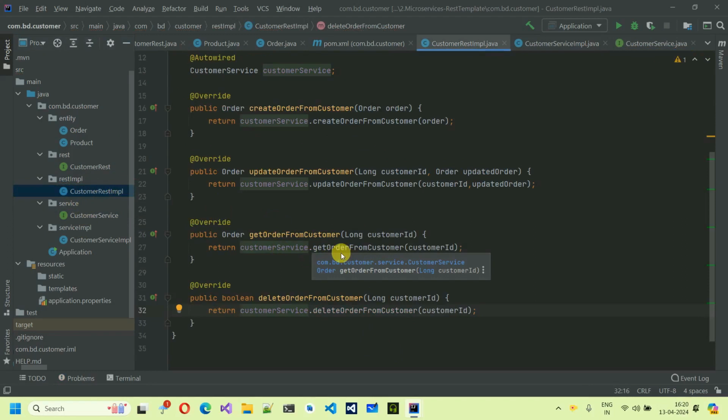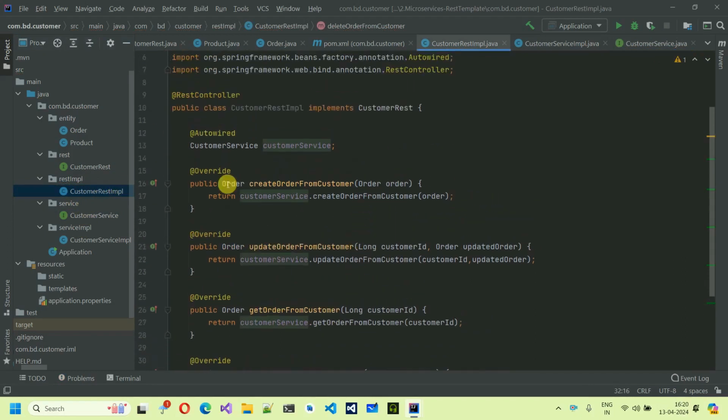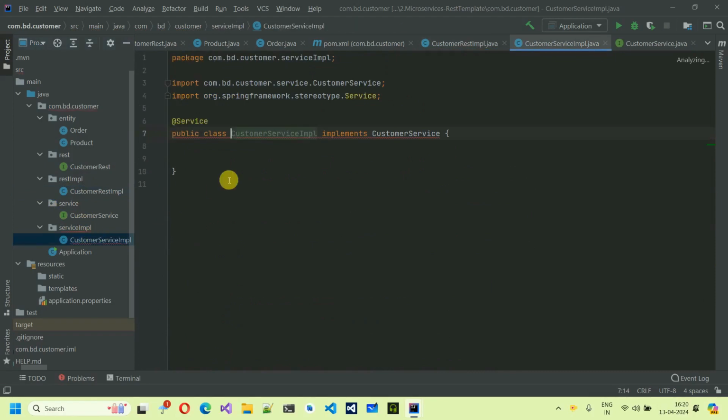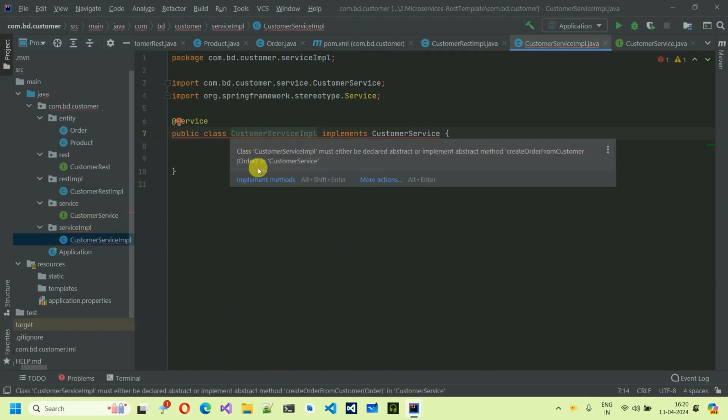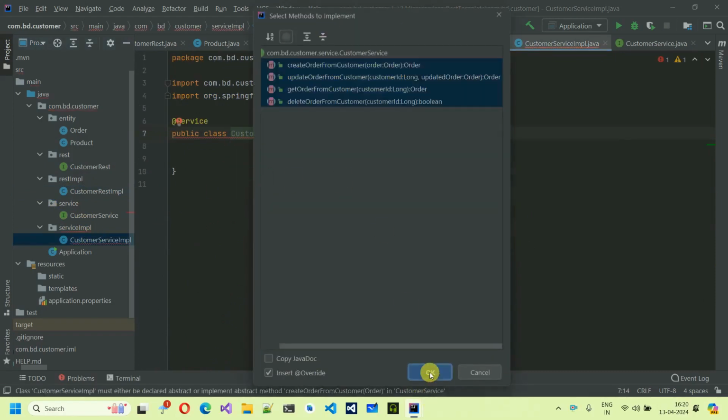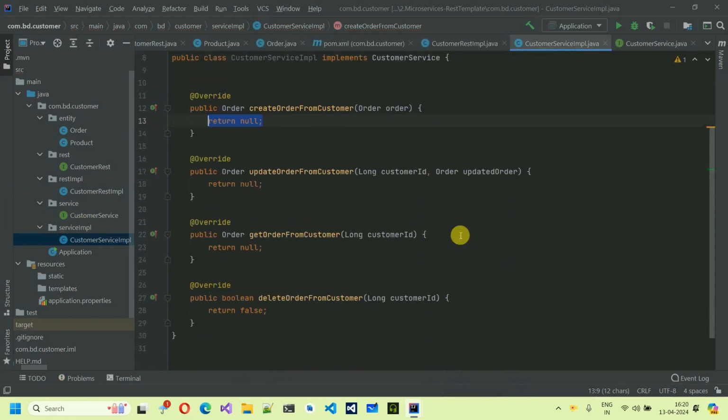Next thing what we have to do is we have to move back over here, and here it shows the error. So hover over this, implement method, select all and click on OK. Next thing what we have to do is we have to create another class in which we will have all the code which is going to interact with the other microservice. We will basically do an endpoint hit